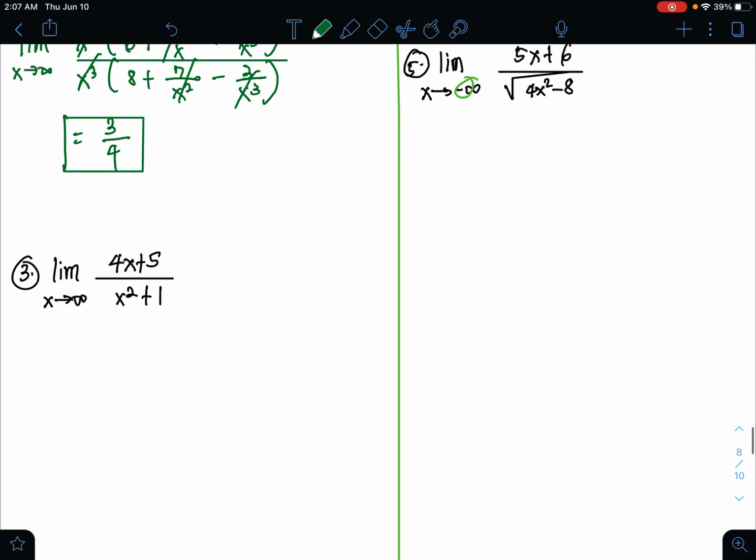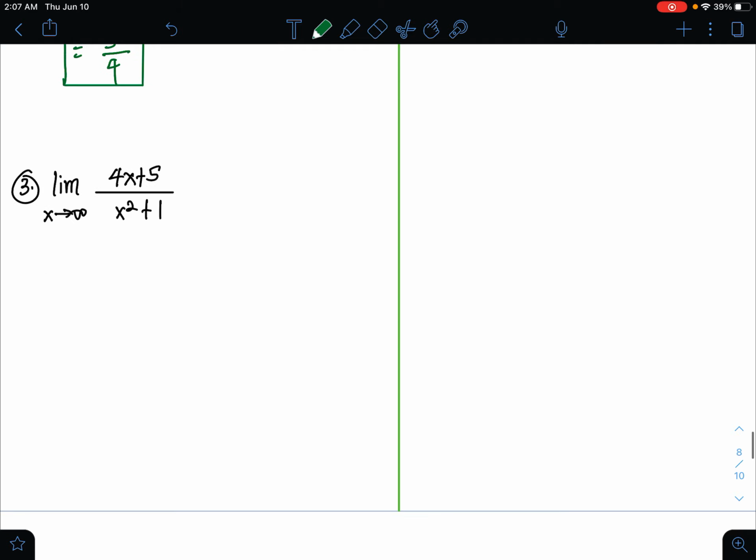Alright. Now, how about if they do not have the same power in the numerator and denominator? Let's have this example. The limit of 4x plus 5 over x squared plus 1 as x approaches infinity. How are we going to do that? The process is the same. For the numerator, what is the highest exponent? So, x, and 4 plus